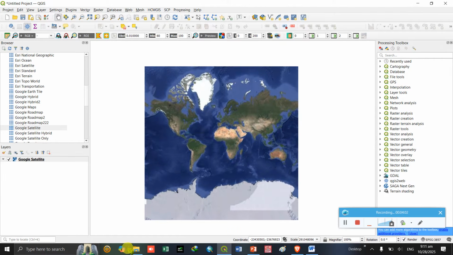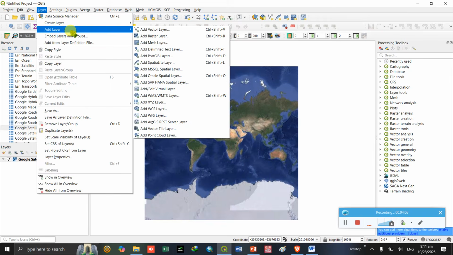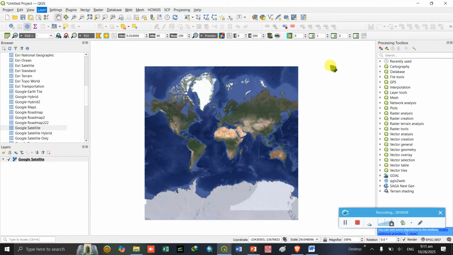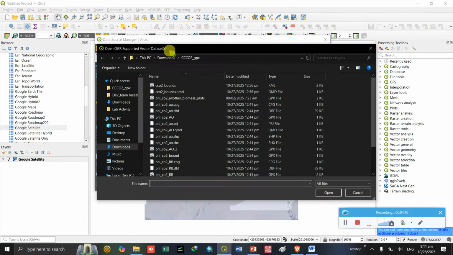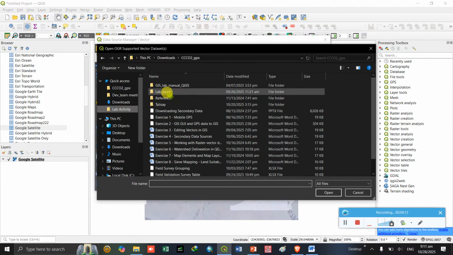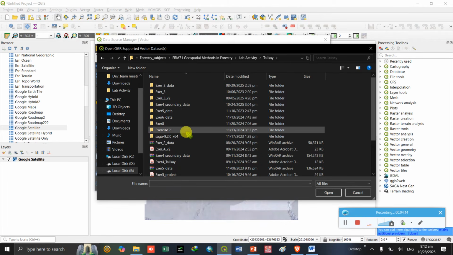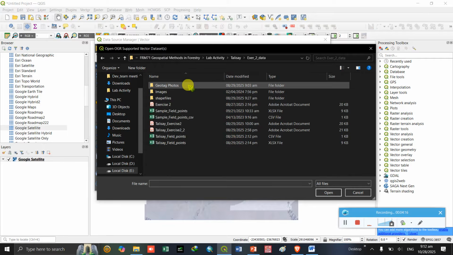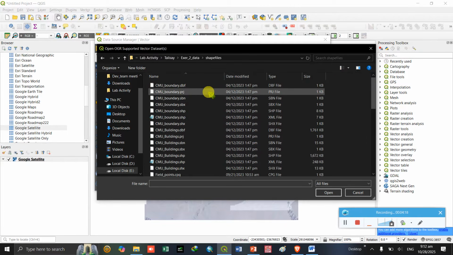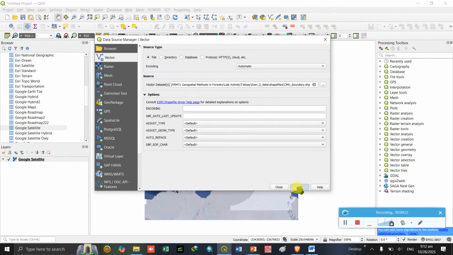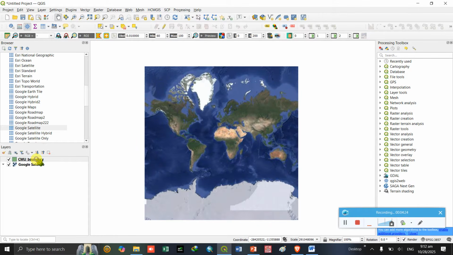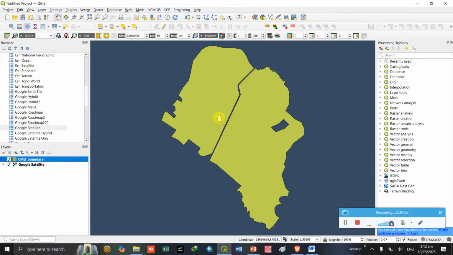But if we add some data, say for example the boundary shapefile, I believe from exercise 2, we just need to zoom to layer.